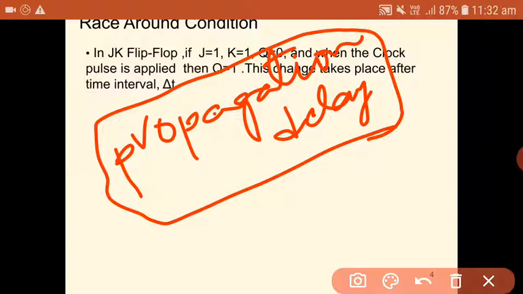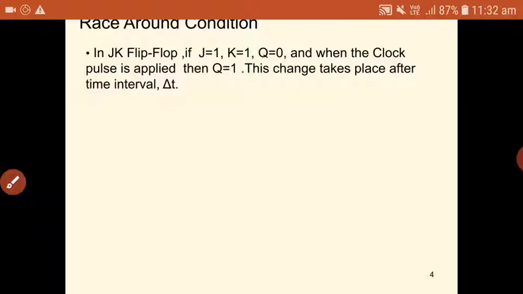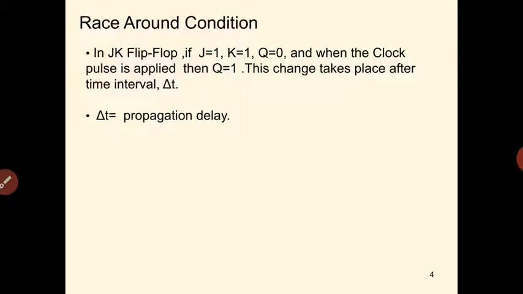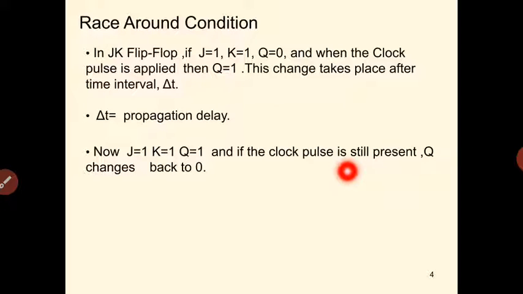Propagation delay is defined as the time taken by the signal to travel from the input side to the output side and to produce the output. So for the output to change from 0 to 1 as and when the inputs are applied and clock pulse is applied, it will take this much time, that is delta t, which is nothing but the propagation delay of that flip flop. So delta t is the propagation delay, and now J is equal to 1, K is equal to 1, and Q is equal to 1 after delta t, and if the clock pulse is still present, then Q changes back to 0,